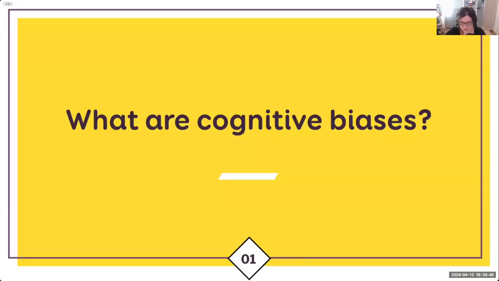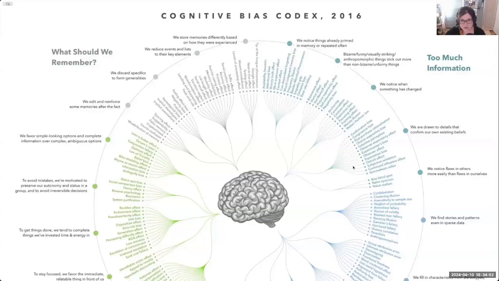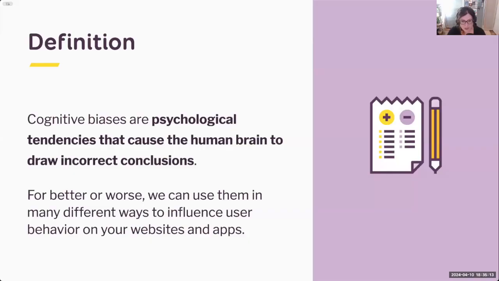Little introduction. Usually when we talk about cognitive biases, people often refer to this giant wheel. This is a codex of cognitive biases, dated from 2016, and there are a lot of them, and that looks a little bit scary sometimes. But the thing is, they do not all apply all the time. A bias is basically, or cognitive biases are, psychological tendencies that cause the human brain to draw incorrect